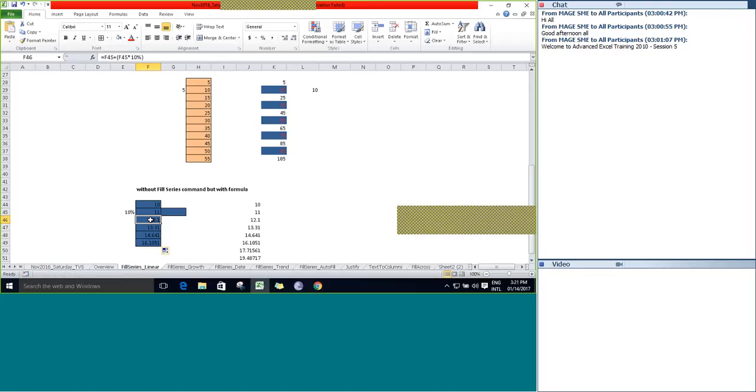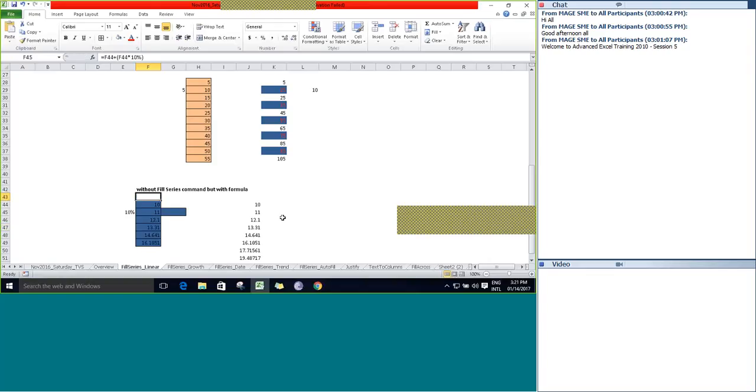And you can see the corresponding output. It will look for the immediate above value and add the above value with 10% of the above value. It is 12.1. So 12.1 plus 10% of 12.1 is 13.31. It will generate till the end.